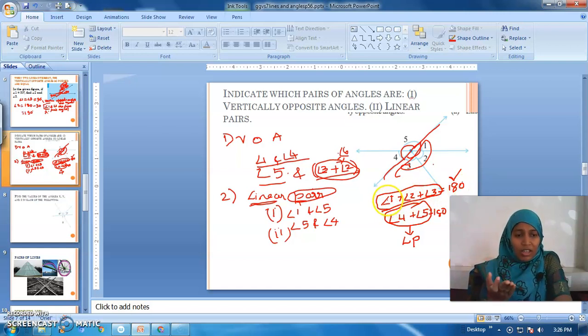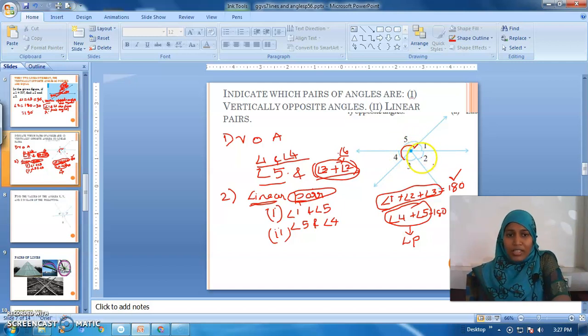Will you say "pair" when we have 3 in number? No, we will not use that literal word, isn't it? So, if we talk about linear pair angles, I have said 1 and 5 and 4 and 5. Can you think of any other pairs here in any other mode? If I have a line, here I have 3 angles. So no other way. Only we have 2 possible pairs for linear pair angles.